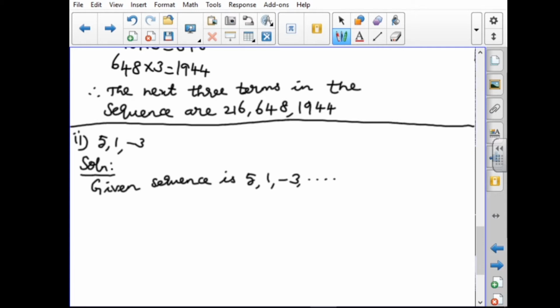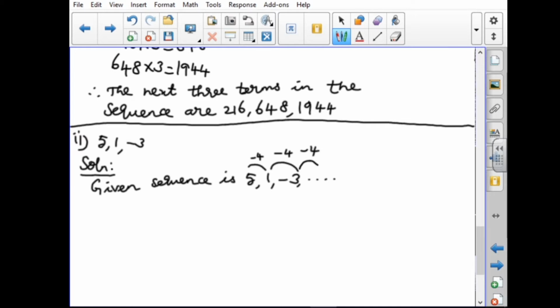The first number is 5, the second number is what here? 1. This is greater number, this is small number. We have to subtract the number only, we are getting the number. The difference is what here? 5 minus 4 means only we are getting the answer is 1. Here 1, then we are getting that negative number. Here also we have to subtract minus 4 means we are getting the number is minus 3. So again we have to need another number means again we have to subtract minus 4.